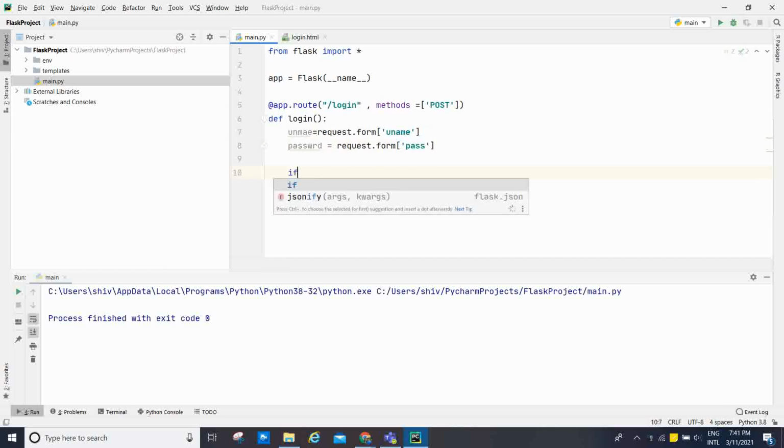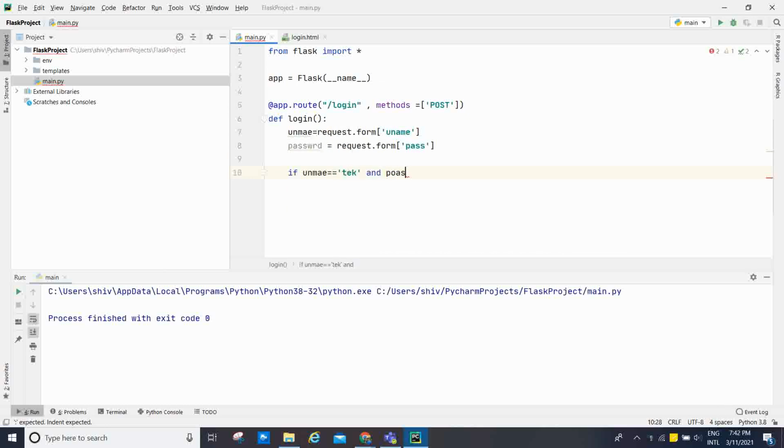Okay, and if uname equal to tech and password equal to Flask, then we have to return welcome to %s, and then % uname.